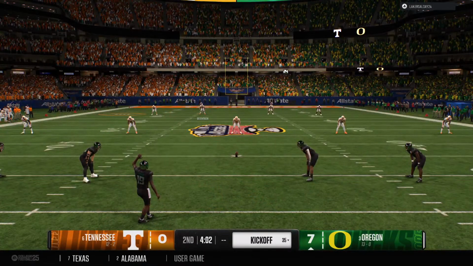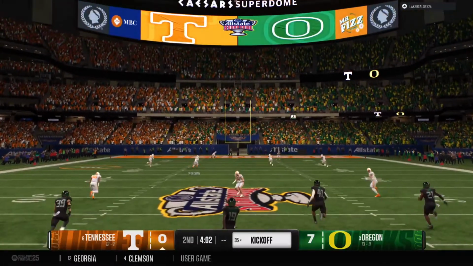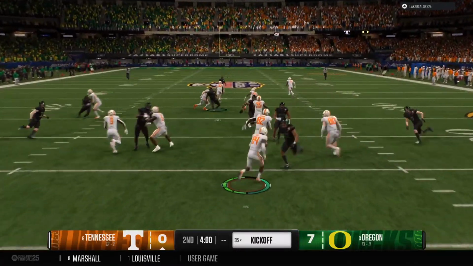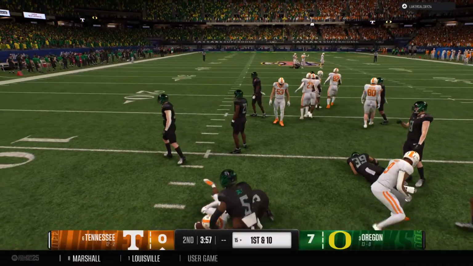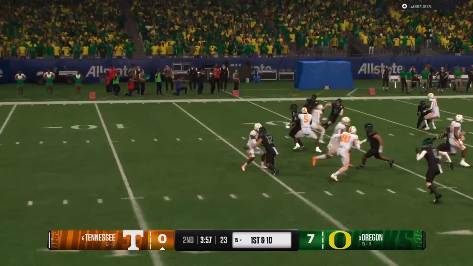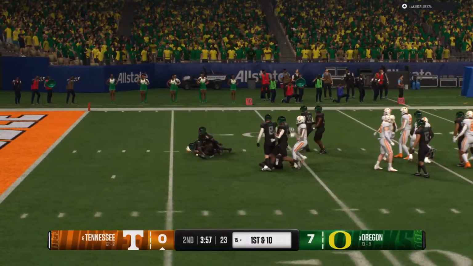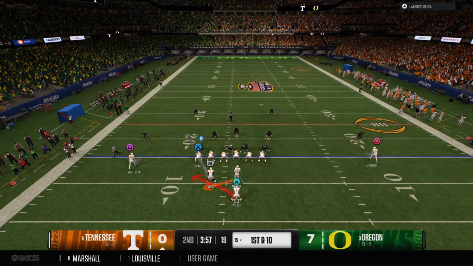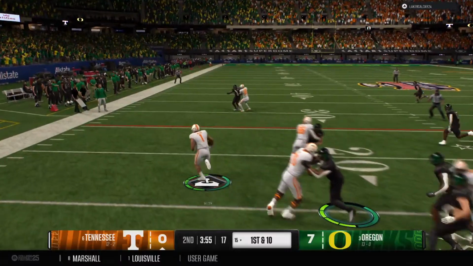Now the kickoff team is out on the field. He'll return it from inside the 5. And the coverage team gets the returner to the ground. And the Volunteers' powerful offense back out in the field. Defense got a big 4th down stop in the last possession. Let's see what happens here.